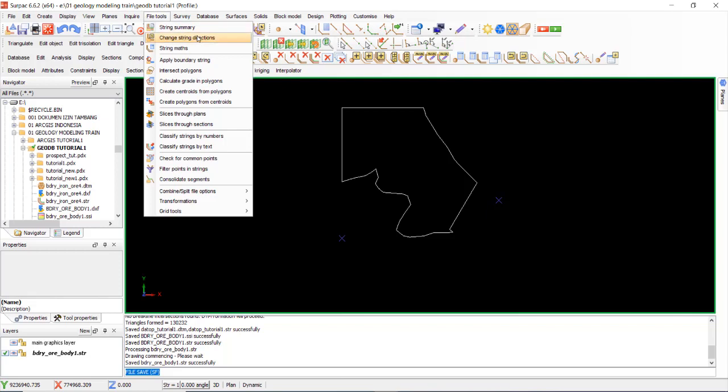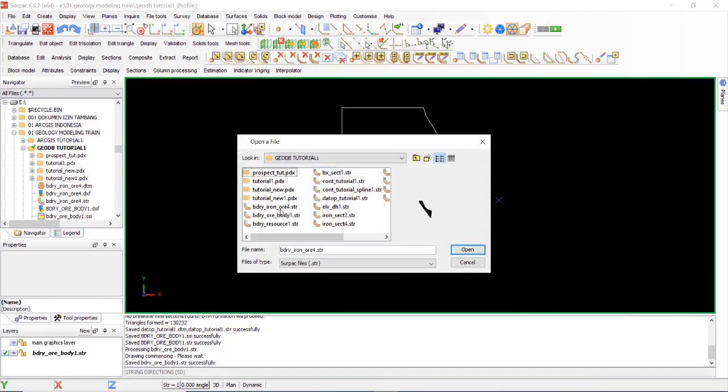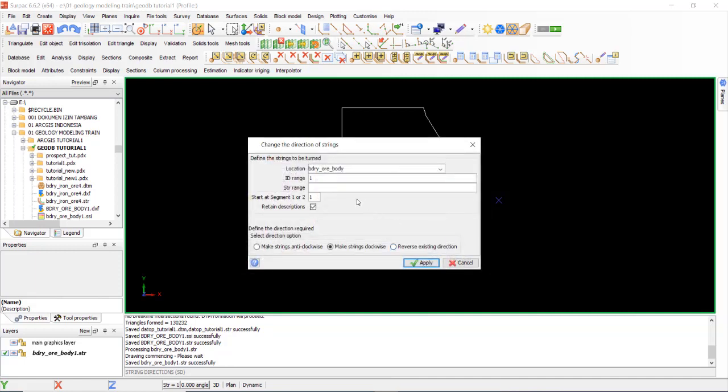Next, change the direction of the boundary string direction to clockwise. It's important because processing is faster with clockwise. Boundary or body must be made clockwise string.